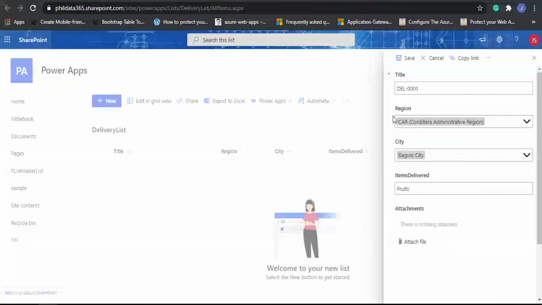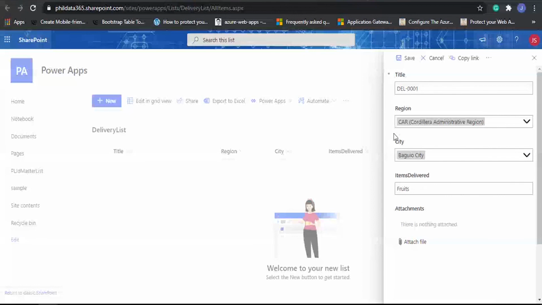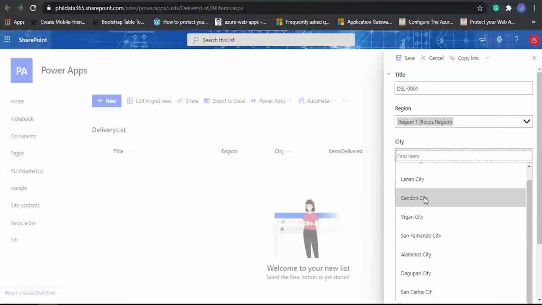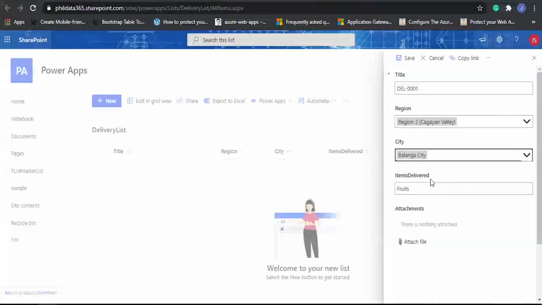Ayan. So as you can see, once na nagawa niyo siya, so ito na yung result nung ginawa nating cascading dropdown. So when I select region 1, papakita niya lang yung city ng region 1. To region 2, ayan. Okay? So I'm done. Miss Riza,